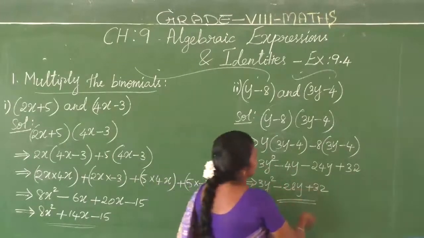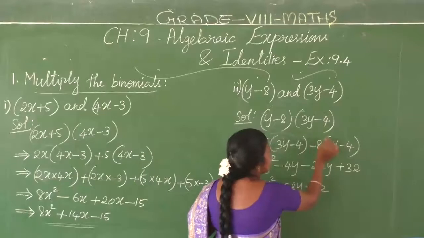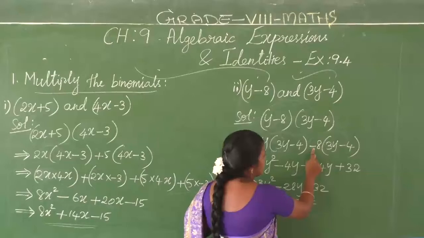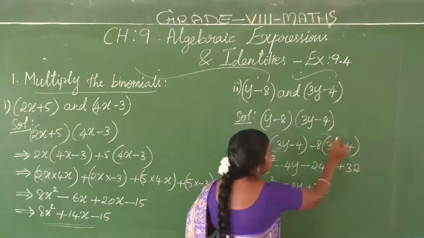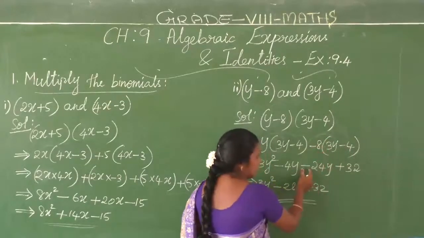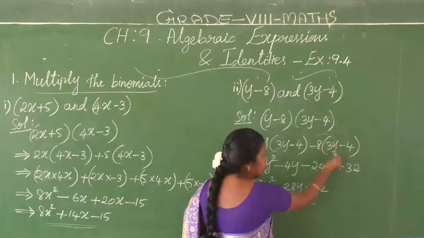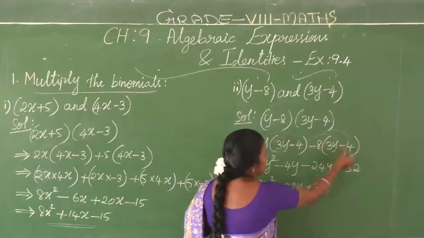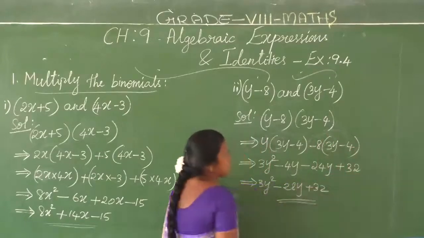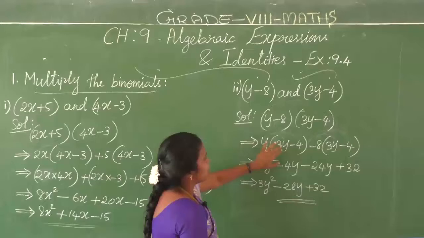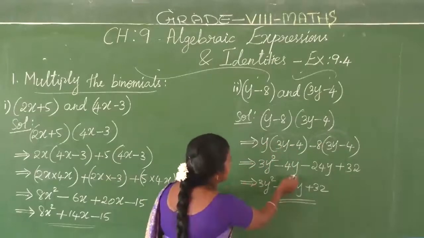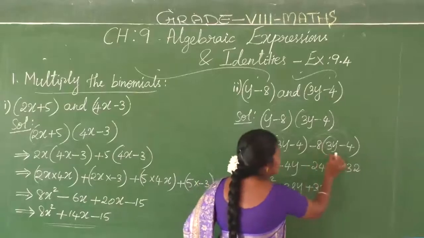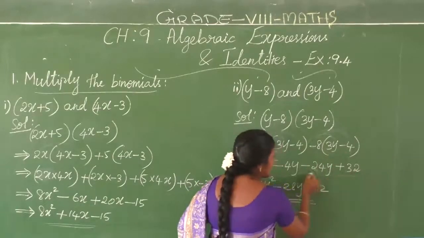Okay, come to here. Likewise, minus 8 to be multiplied with the given two parts. How comes? Minus 8 into 3, plus into minus, minus, 8 3s are 24 into y, 24y. Again, minus into minus plus, 8 4s are 32. So by y I have multiplied the given two parts, that time I am getting these two terms. By minus 8 I have multiplied these two parts, at the time I got this answer.